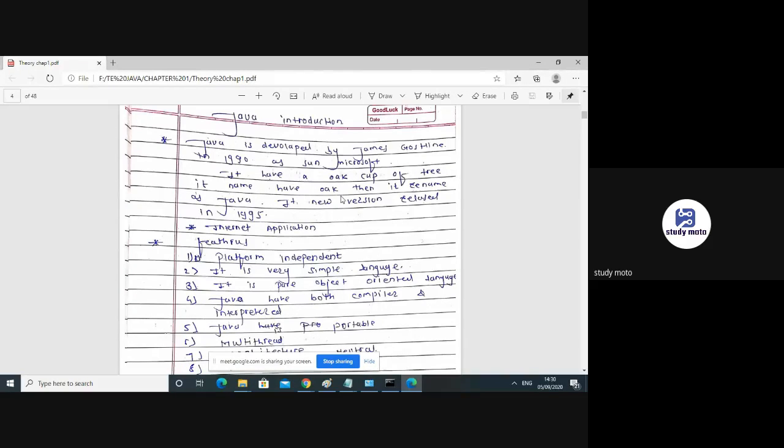What is the history behind Java? Everyone knows Java was developed by James Gosling. When Java was first developed, it was called Oak, because James Gosling stood beside a tree, and that tree was an oak tree.